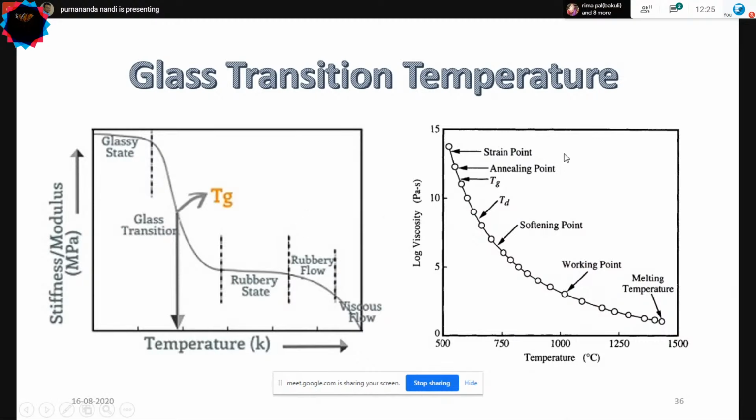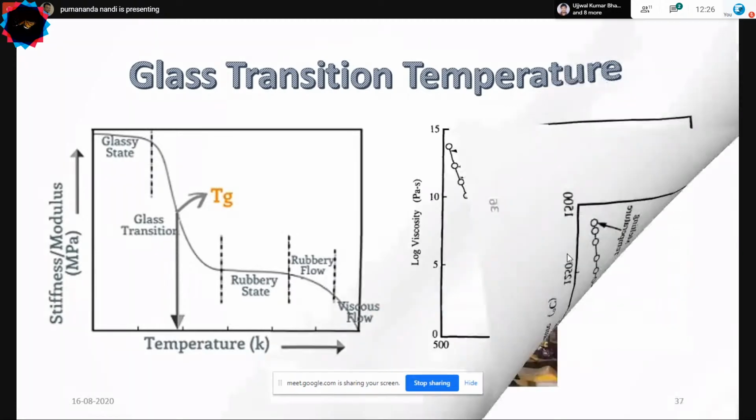for having some kind of deformation in the glass. Again, the viscosity has been plotted against the temperature. If you see, viscosity decreases with the increase in temperature. Whenever you have a glass, we have to cross the strain point, annealing point, glass transition temperature, softening point, and this is a working point around 1000°. For these soda-lime glasses, 1000° Celsius is a working point where you can actually work on the glass